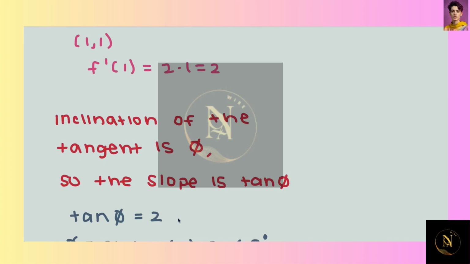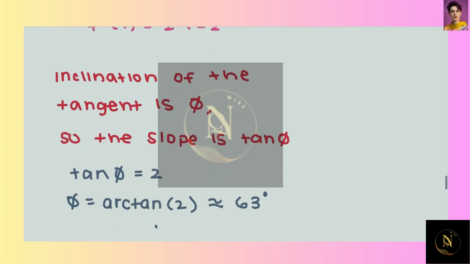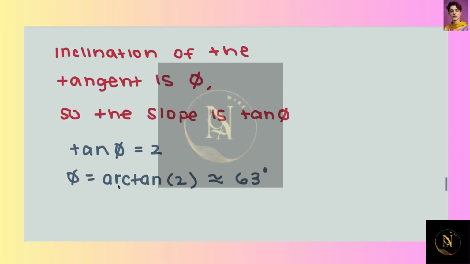But we want to know phi. So how would I rearrange that? Well, phi would be equal to the arctangent of 2, or another way to say that is the inverse tangent of 2. So then you can just plug that into a calculator, and we'll find that that angle phi equals